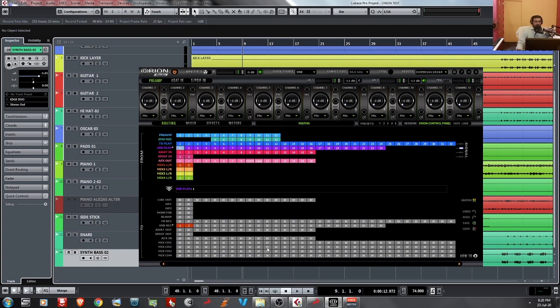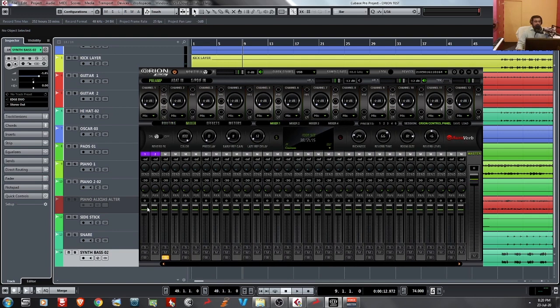So I am using the Antelope internal mixer to route the USB play 1, 2 to the headphones. So I am just pressing the shift on the keyboard and selecting the USB play 1 and 2, and I am dragging and dropping it into the mixer channel 1. So if I go to the mixer, okay, this is the mixer channel 1. So by default all these faders are up.